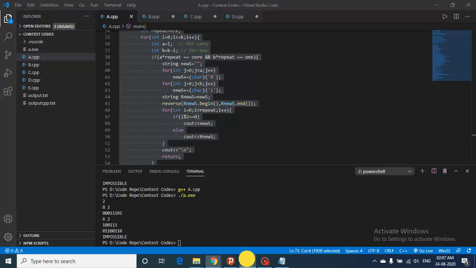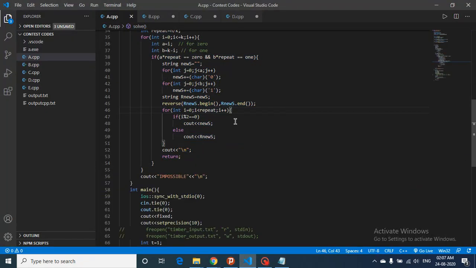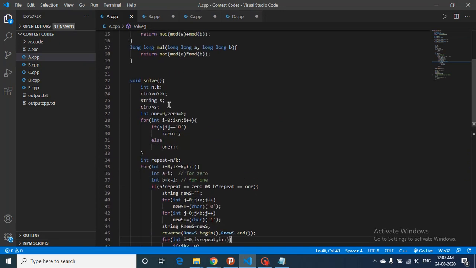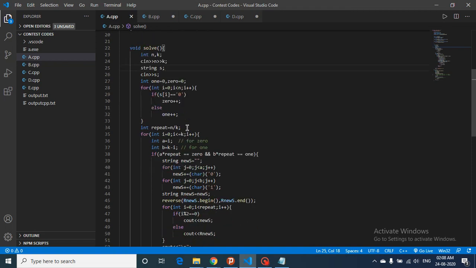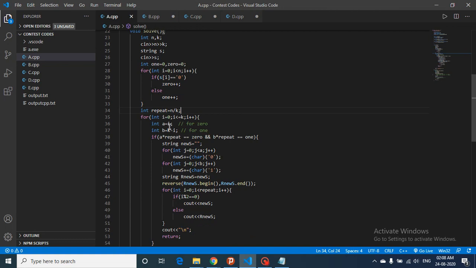So let's move to the code part to make it more clear. So this is the code. The code is also very simple, in which you take the input of N, K, the string itself, then the count of 0s and 1s in the whole string, then find out how many repeats there are. Now I will iterate over every possible combination of K. So I equal to 0 means how many zeros and how many ones there are. Let's assume that there are no zeros, so zeros is 0, and now if there is no 0, the number of ones is K minus I, how many positions are left.